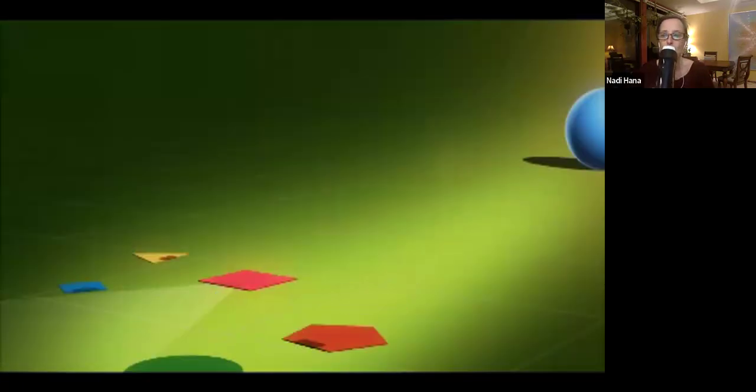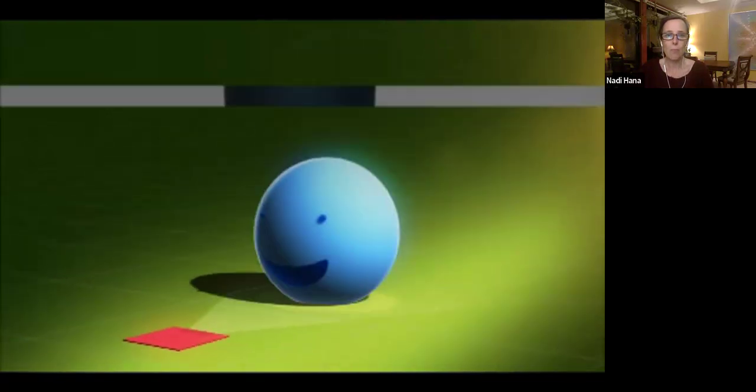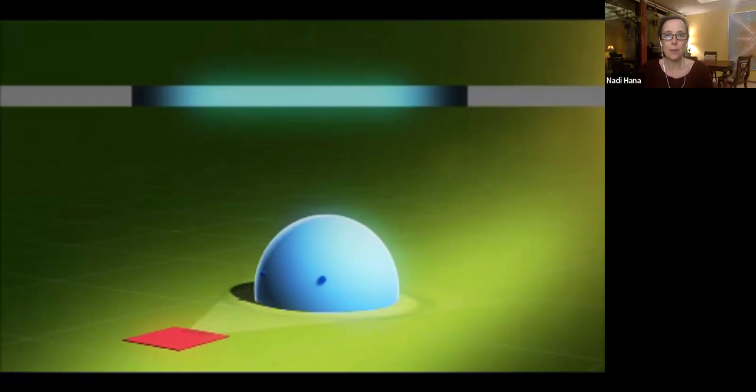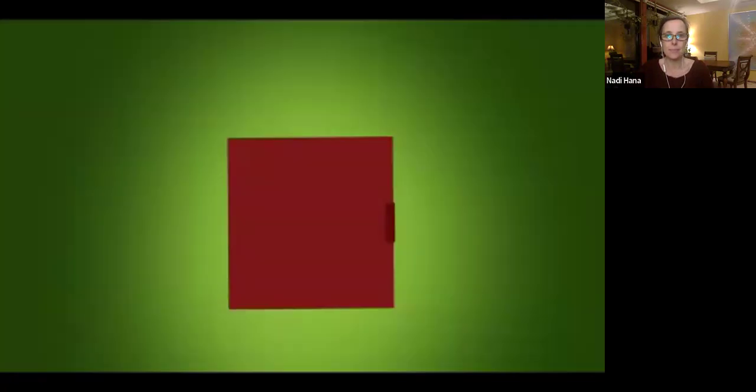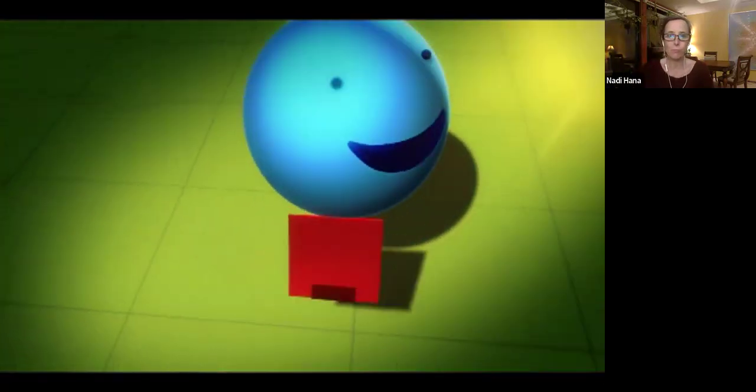One day, a sphere shows up in Flatland to visit our square hero. Here's what it looks like when the sphere passes through Flatland from the square's perspective. And this blows his little square mind. Then, the sphere lifts the square into the third dimension, the height direction where no Flatlander has gone before, and